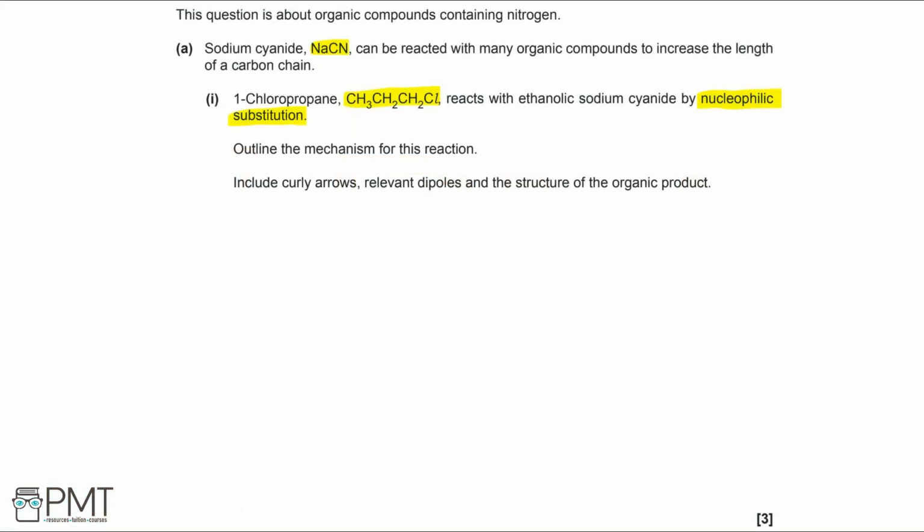This question is about organic compounds containing nitrogen. Part A, sodium cyanide can be reacted with many organic compounds to increase the length of a carbon chain. Part 1, 1-chloropropane reacts with ethanolic sodium cyanide by nucleophilic substitution. We're asked to outline the mechanism for this reaction, include curly arrows, relevant dipoles, and the structure of the organic